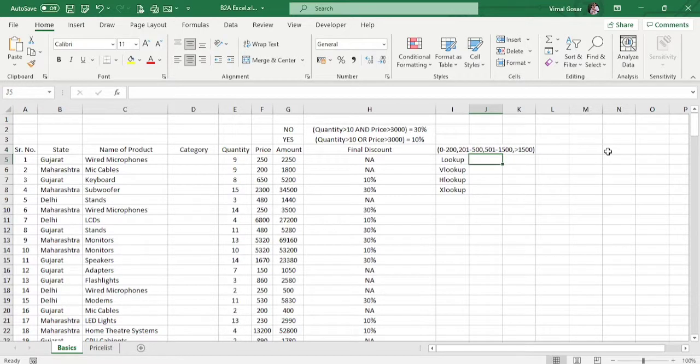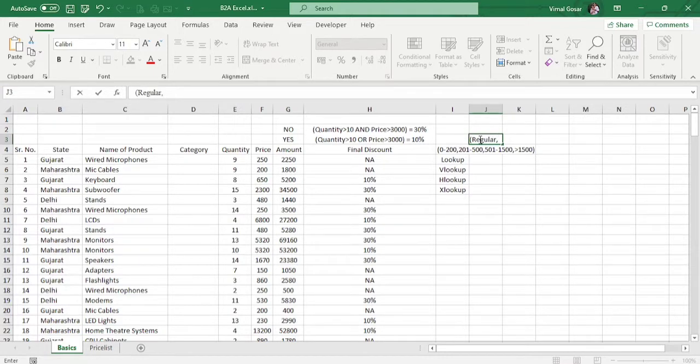If I want to grade these products based on the price, I can simply use a LOOKUP function. If it is from 0 to 200, I may call it regular.